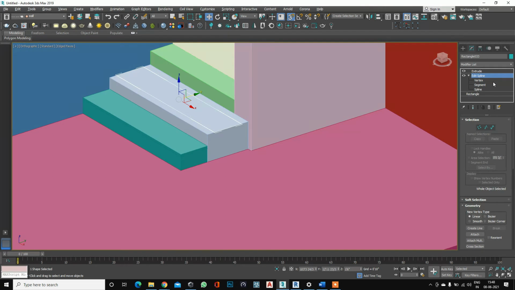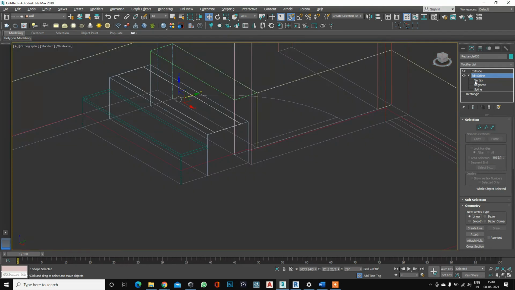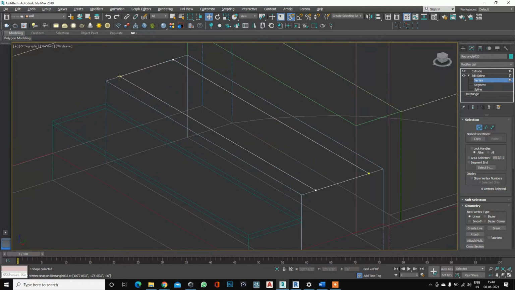Now understand what a vertex is. For understanding vertex, just go to 3D. Now you can see there are 4 points. This is our vertex point. From a vertex point we can move our line anywhere.